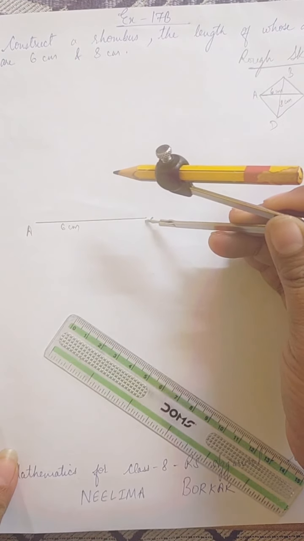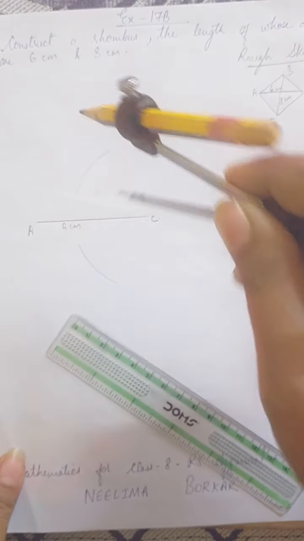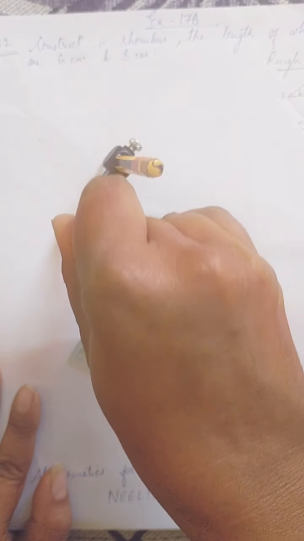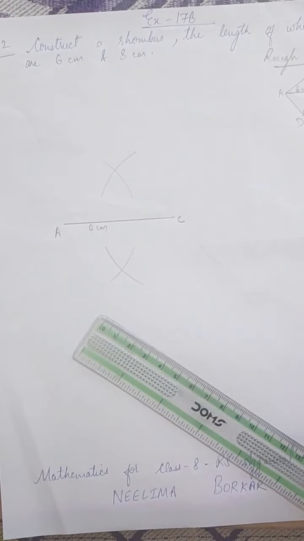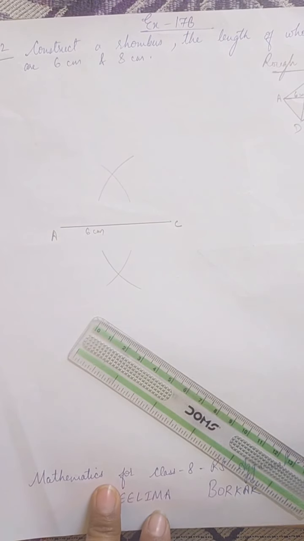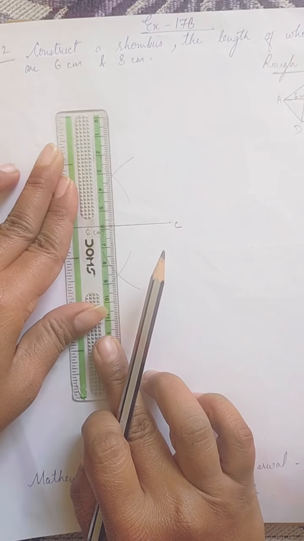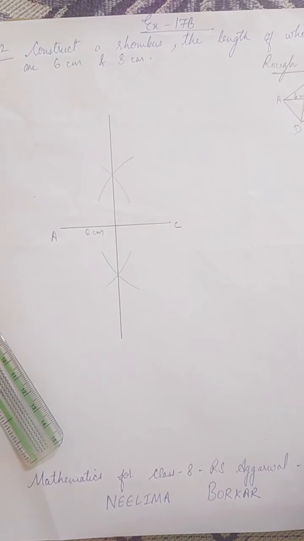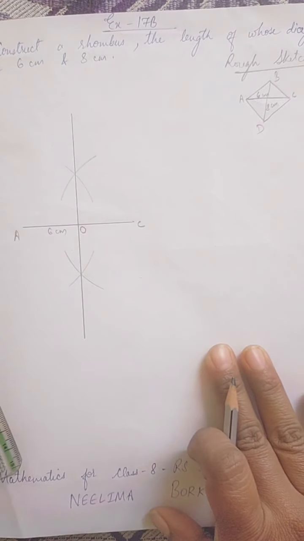Now put your center over point C and draw an arc here, again down also, and put again with the same radius, don't disturb radius, put it over A and draw an arc above and down. So we got intersection of two arcs. Now you can join these two arcs. Make some bigger line so that it will give you perpendicular bisector of AC. So this we got perpendicular bisector of AC. Now you can name this intersection point to be point O. Now come to rough sketch again.